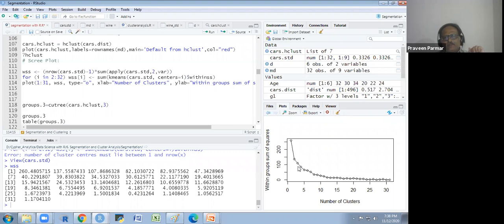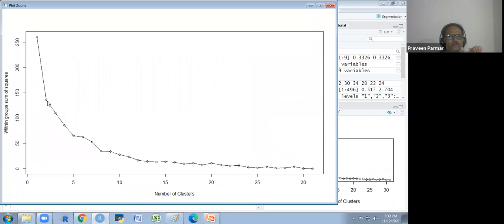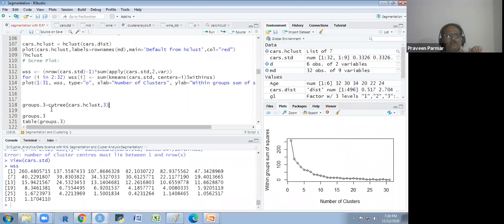And if we see, how many clusters could we select here? If I zoom in, we see 1, 2, and 3. We could take 3 clusters, we could take 4 and 5, and then it is not so much inclined. So we could take up to here, up to 5. First I am taking the 3 clusters. Okay, and I see the 3 groups.